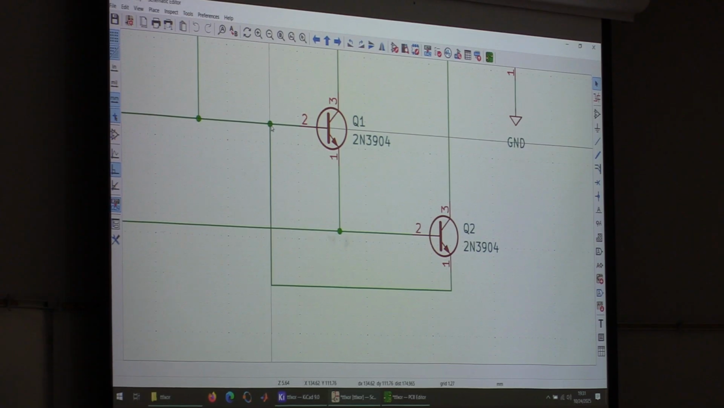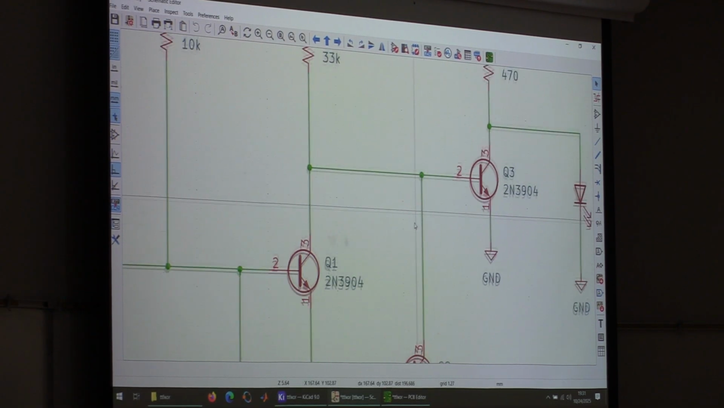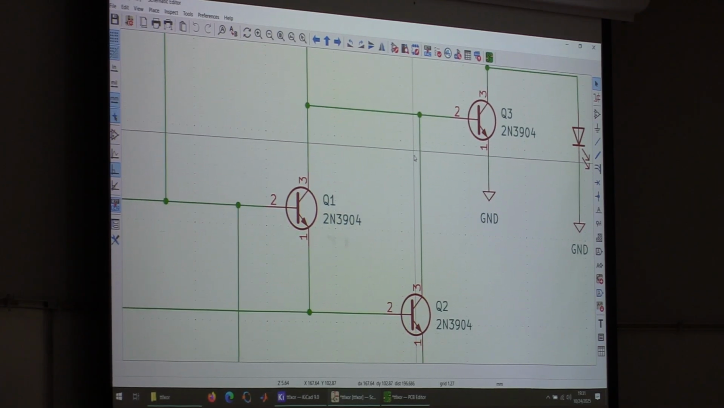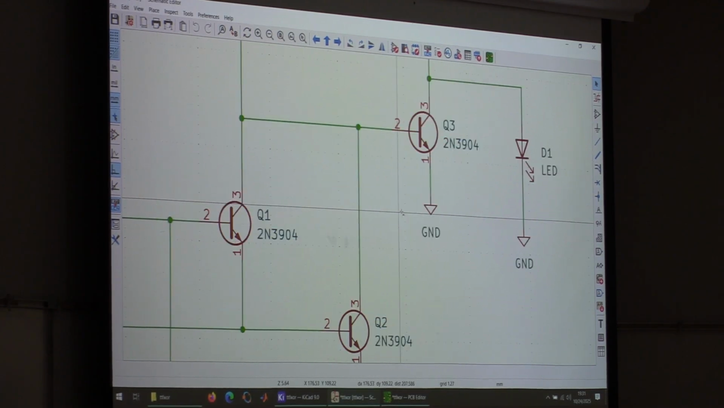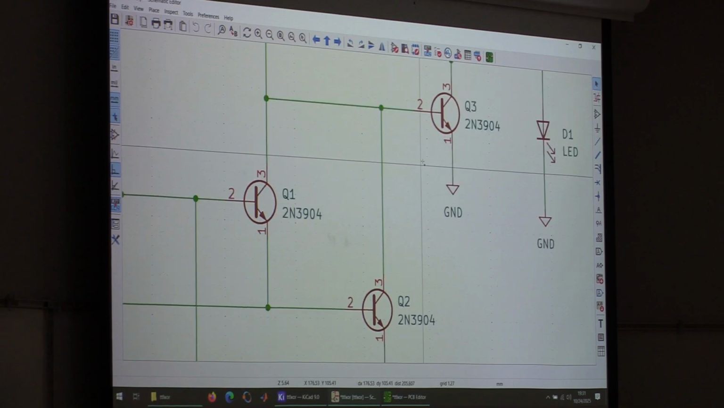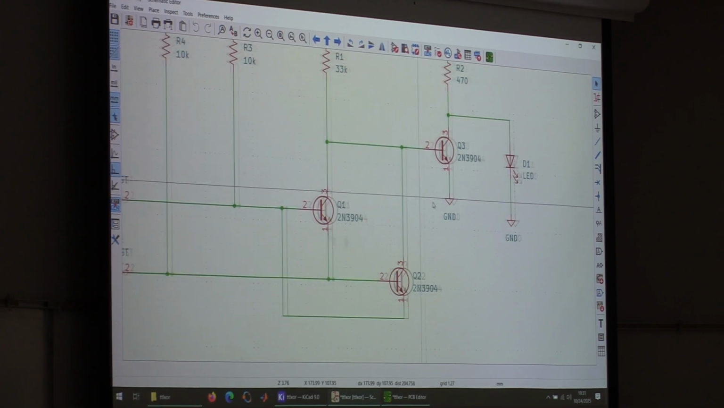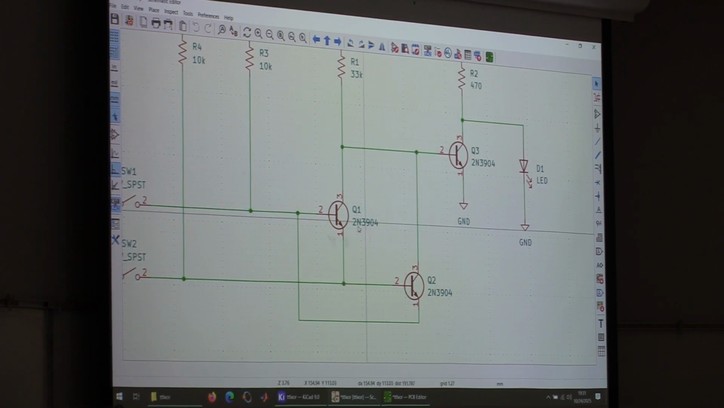When you make a change, my Q2 is your Q3, I think. Oh, that should be a ground there. Yeah, there's ground there. Now, when you make a change to the schematic,